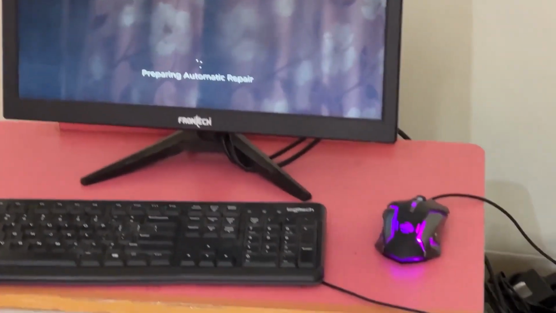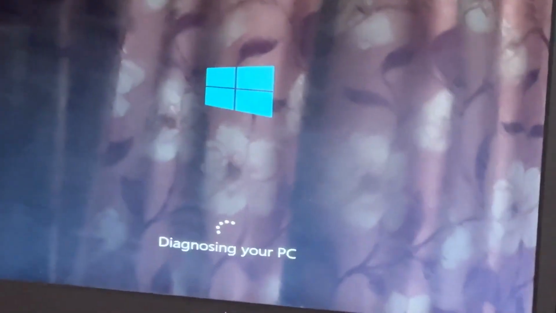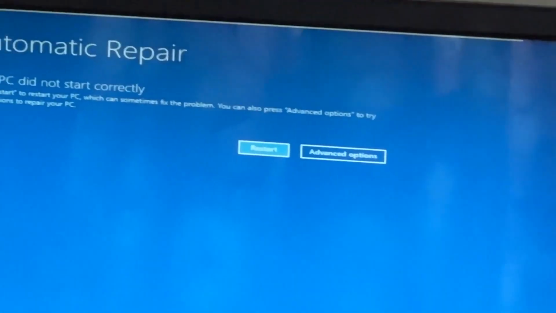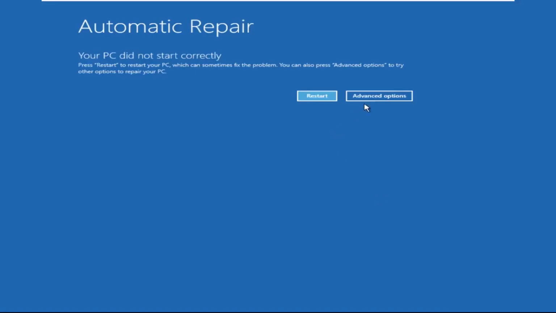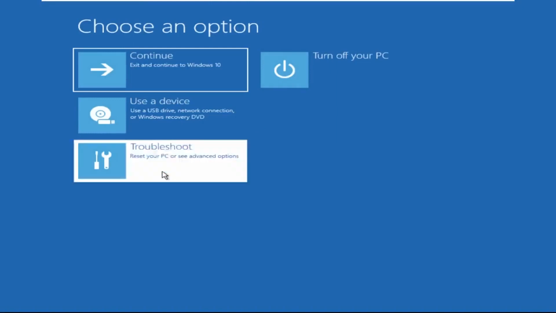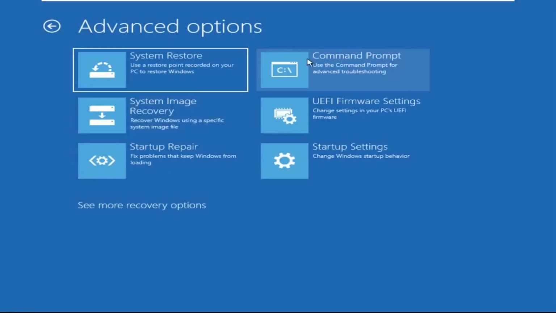Don't panic when you encounter a blue screen error. I'm going to show you how to fix this problem step by step. Let's begin. Click on Advanced Options, then we need to select Troubleshoot, then select Advanced Options and then click on